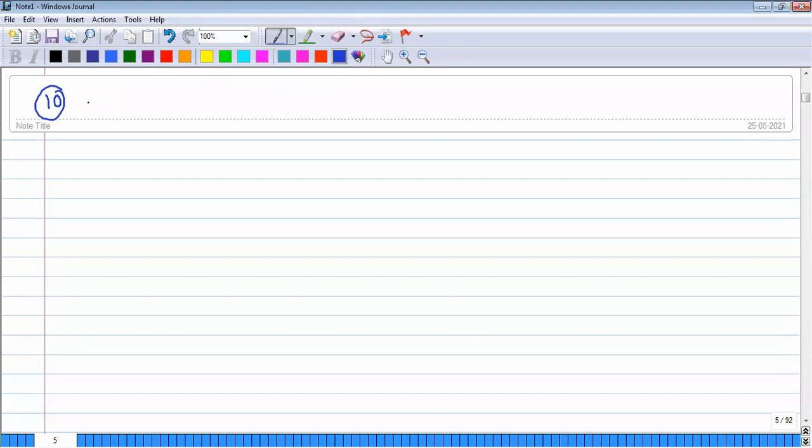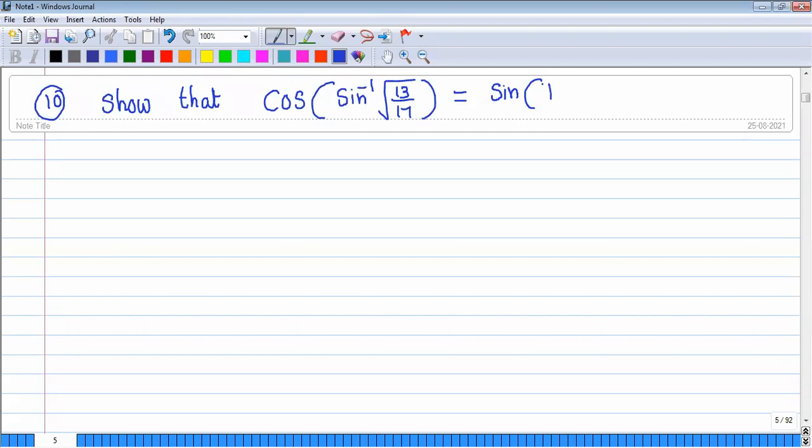Right. Show that cos of sin inverse of root 13 upon 17 equals sin of tan inverse of 2 by 3. Any idea? You are free to share, anybody. Cos alpha is